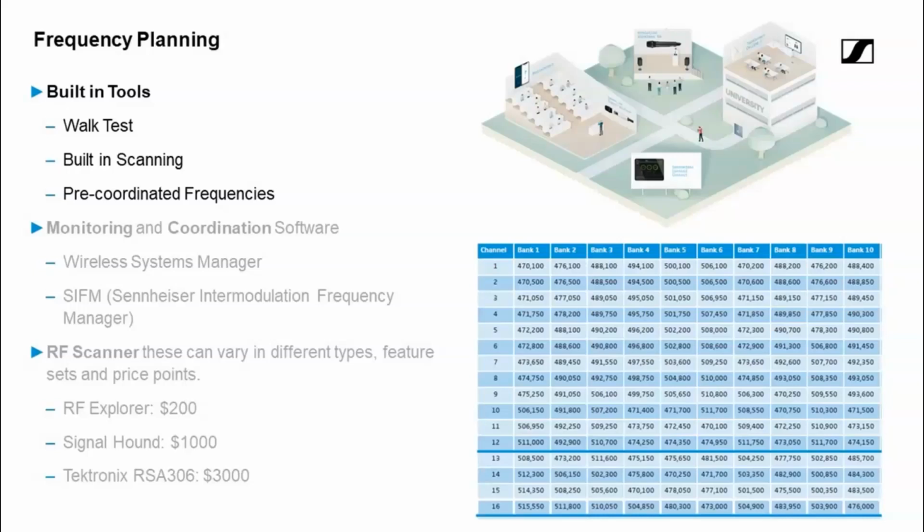And then there's always pre-coordinated frequencies. If you do see where there is some space, a lot of our UHF devices all have pre-coordinated frequencies, and it gives you a pretty good view right away after doing a scan with our own receivers, because they all have internal scanners, to see how many channels you can get within a certain space of spectrum that you do scan. So that's just something to take a look at, another tool to find out what kind of interference is in the area using your receiver, your microphone receiver, as a scanner looking at the spectrum.